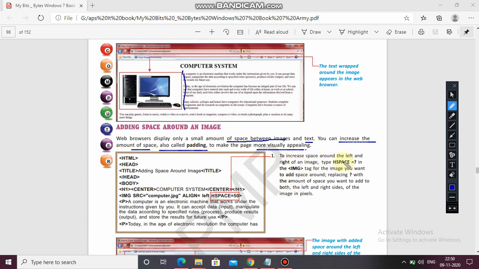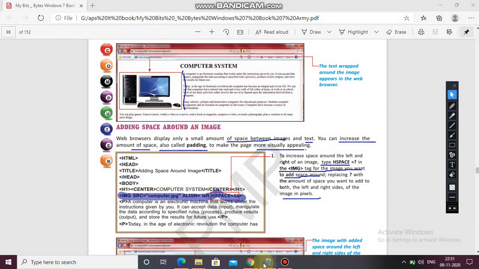So to increase the space around the left and right of an image, type hspace equals to a value in the img tag for the image you want to add space to. So in whichever image you want to give a space, you have to write hspace with the amount of space you want to add to both the left and right sides of the image, in pixels. So let's see, here it is given img src computer.jpg align left hspace 50.